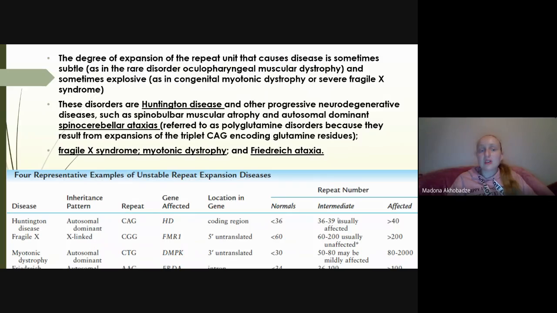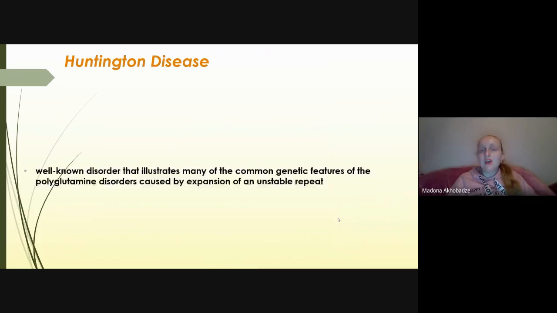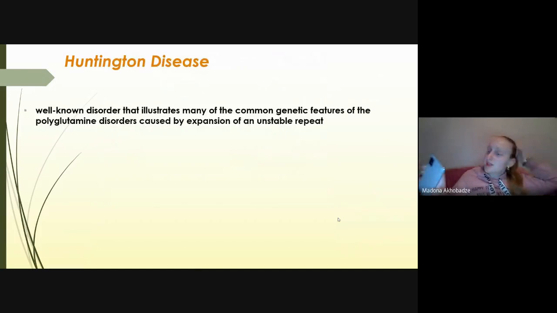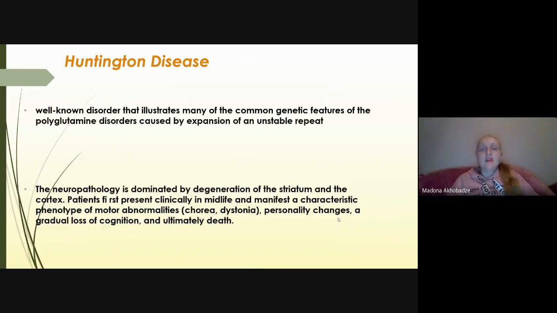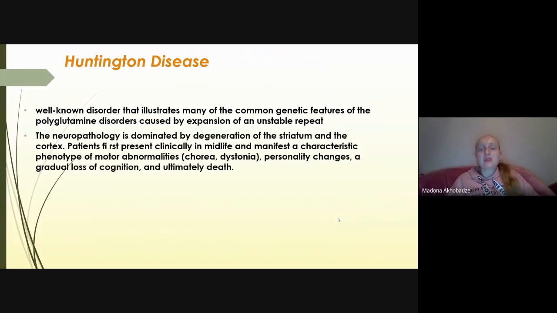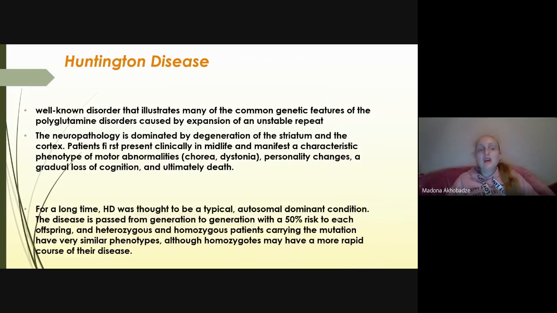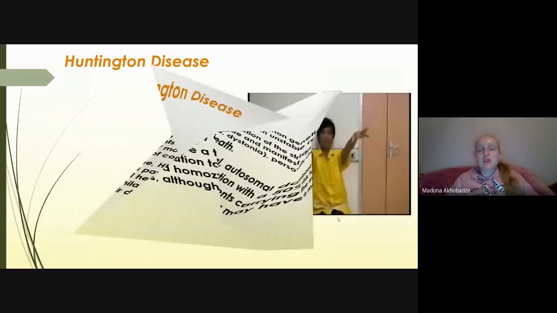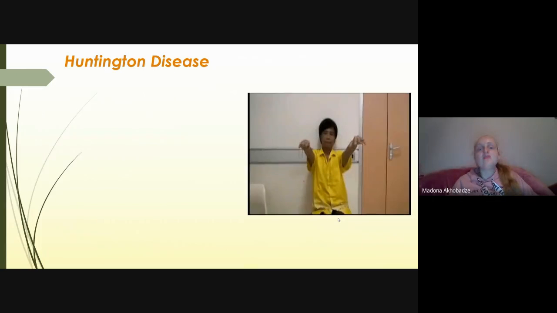It means younger individuals get to manifest the disease, like Huntington disease, spinocerebellar ataxia, Fragile X syndrome, myotonic dystrophy, and Friedreich ataxia, which is a cerebellar ataxia. And here I have Huntington's disease, the well-known autosomal dominant disorder with many common genetic features, caused by expansion of an unstable repeat, and the patients have chorea, athetotic and involuntary movements